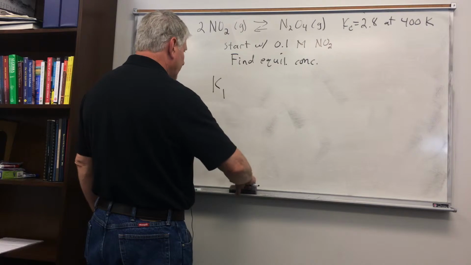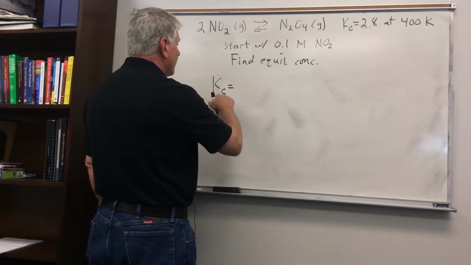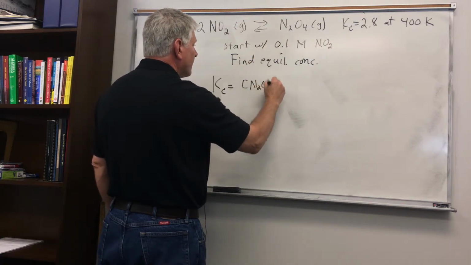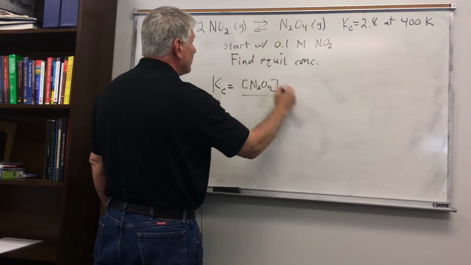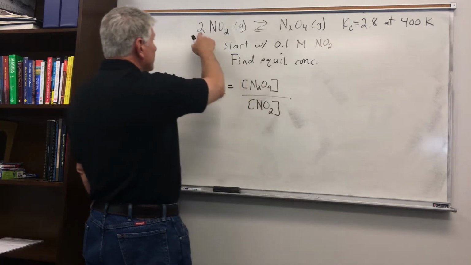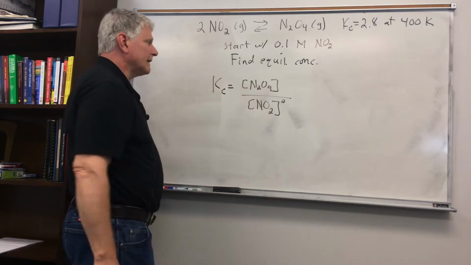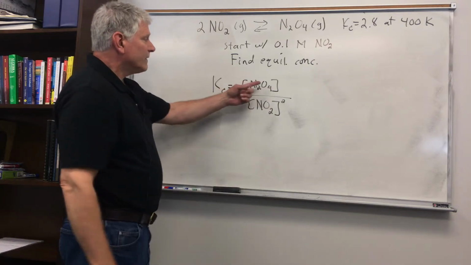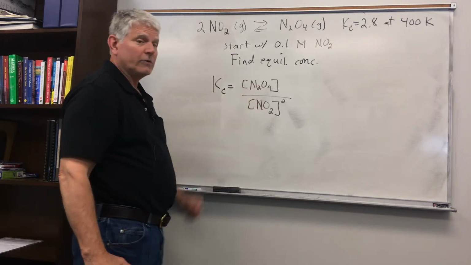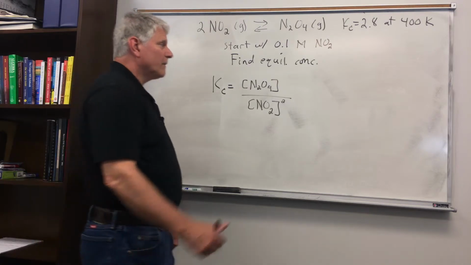Let's first write down our equilibrium constant. So our equilibrium constant is going to be the product concentration raised to the first power divided by the reactant concentration raised to the second power, and this numerically is equal to 2.8. So we have two variables, N2O4 product and NO2 reactant, but we can reduce this to a single variable by